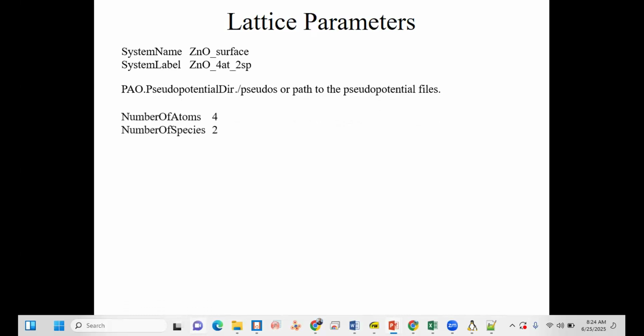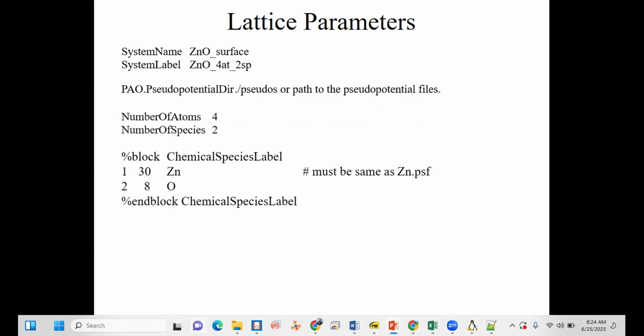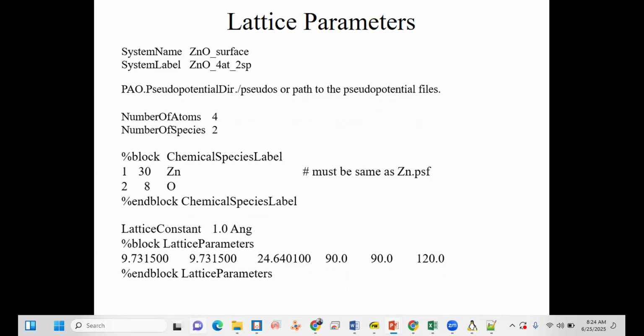Number of atoms 4, number of species 2. Then the chemical species label block, and then we define the last one, the lattice parameter, where the first line is the lattice constant 1.0 angstrom. So 1.0 is called the scale factor, and this scale factor is